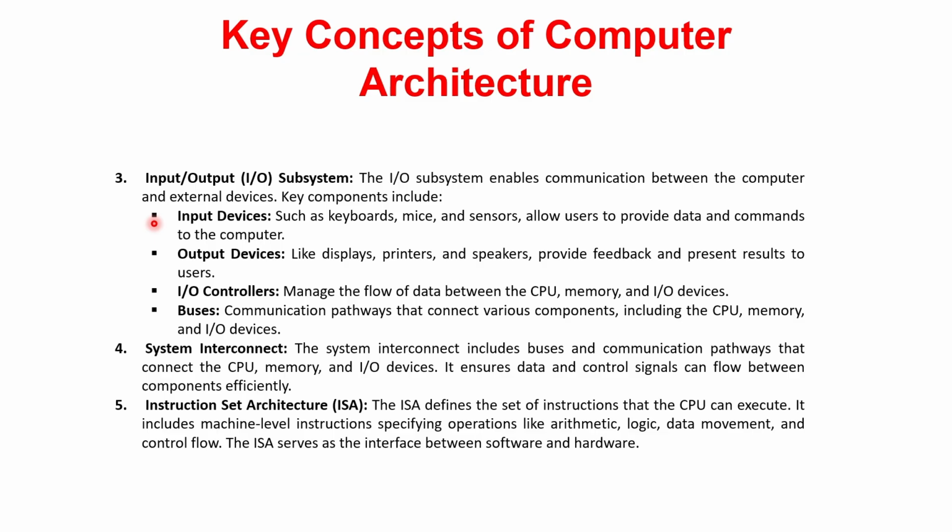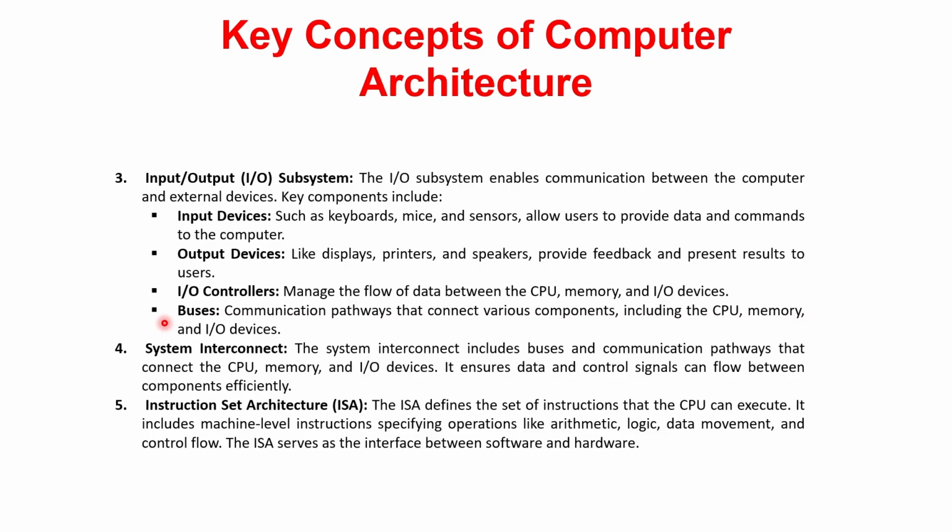Output devices like displays, printers, and speakers provide feedback and present results to users. Next are the I/O controllers, which manage the flow of data between the CPU, memory, and I/O devices. They handle the complexities of device communication. And buses are communication pathways that connect various components, including the CPU, memory, and I/O devices, allowing them to transfer